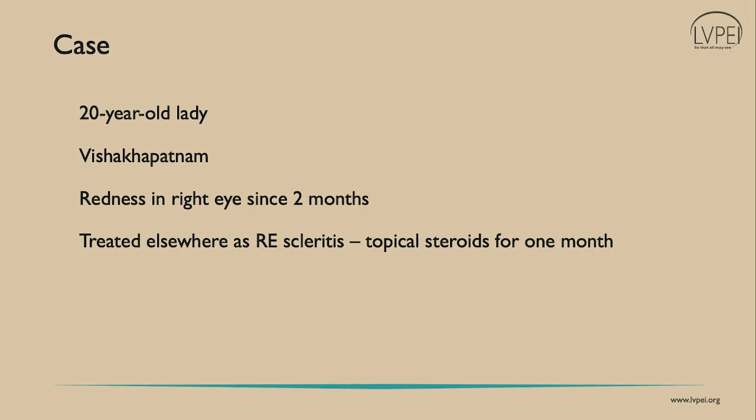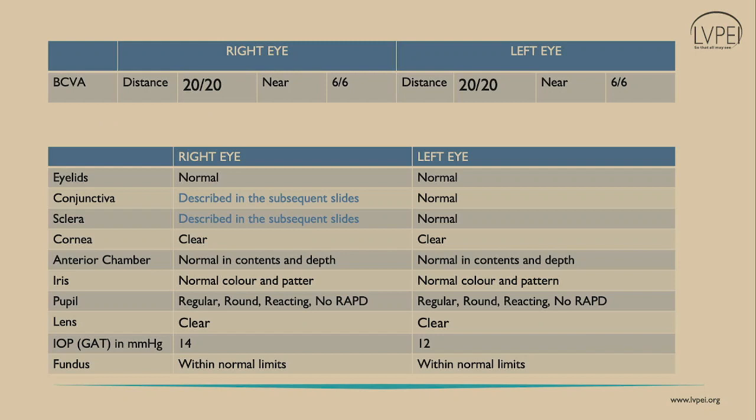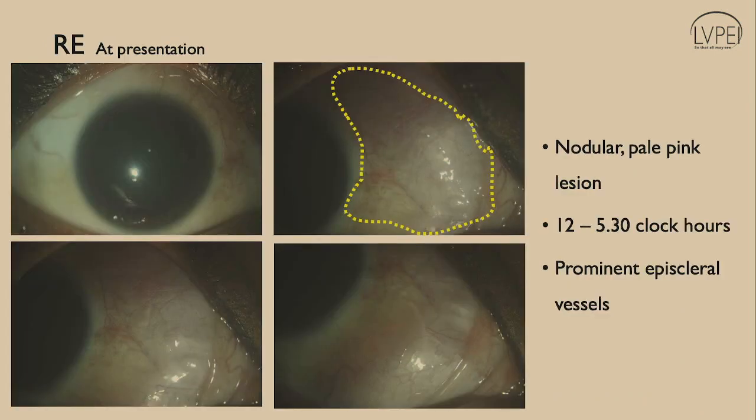She was treated elsewhere as right eye scleritis with topical steroid eye drops for a month without resolution of her symptoms. On examination, her visual acuity in both eyes was 20/20. The left eye was within normal limits. In the right eye, there was an elevated nodular pale pink lesion extending from 12 to 5:30 clock hours with